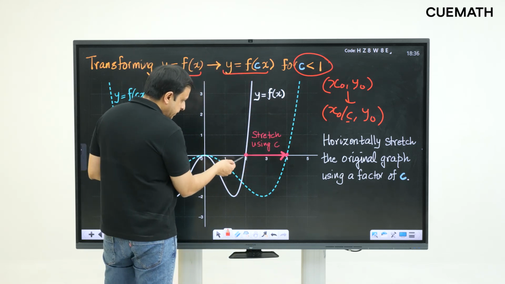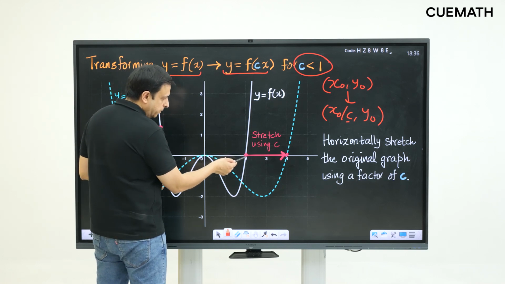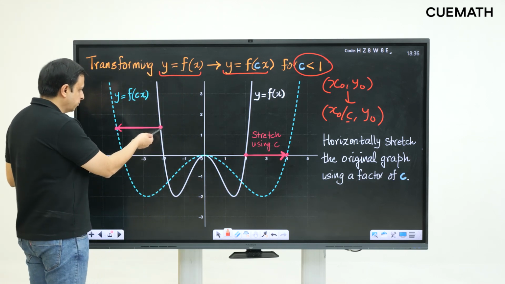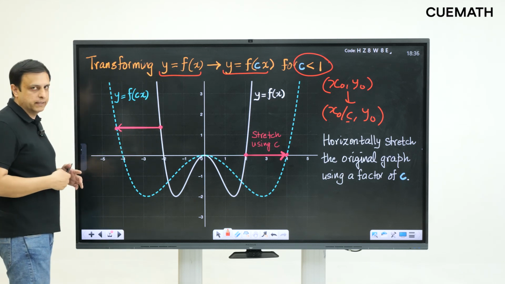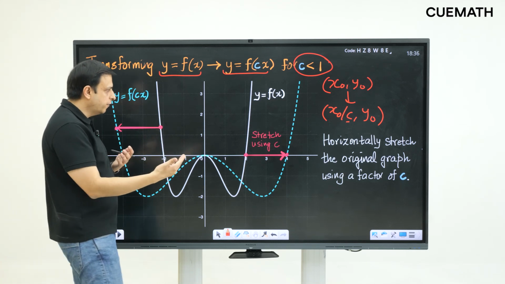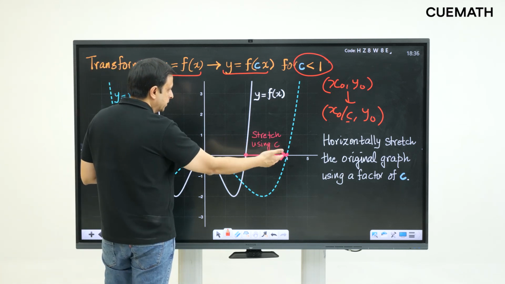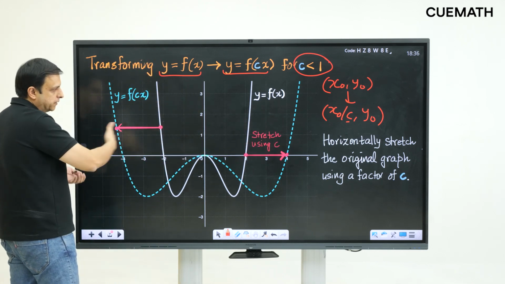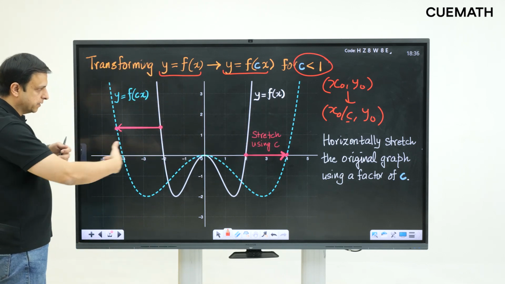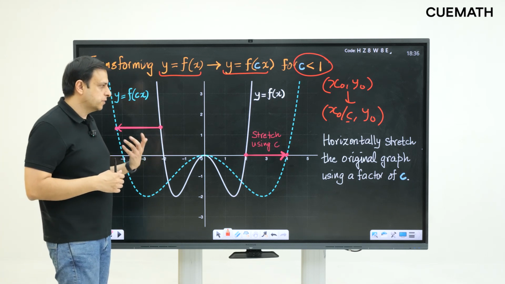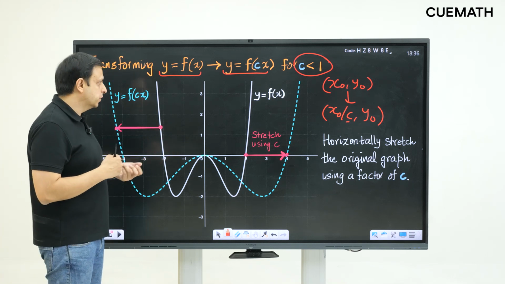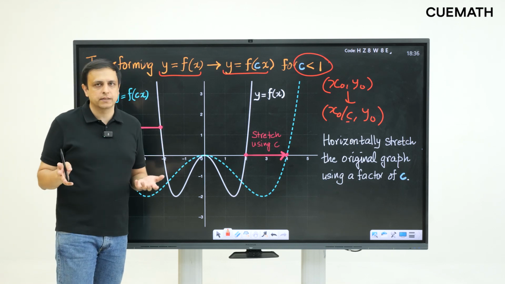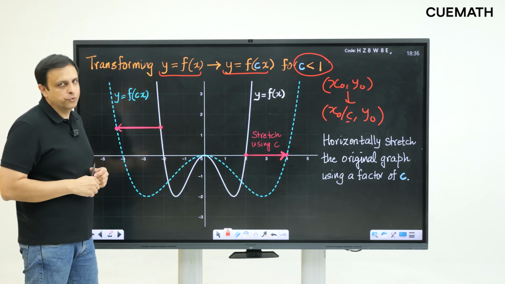So, therefore, you can see, for example, this point (2, 0) is moving to (4, 0), and this point here is also moving away from the y axis. So, every point moves away from the y axis. If you have points to the right of the y axis, they move further away, and points to the left of the y axis move further away. So, there is a horizontal stretching that happens of the original graph. That is horizontal stretching and shrinking, and to help you visualize it even better, let me show you a